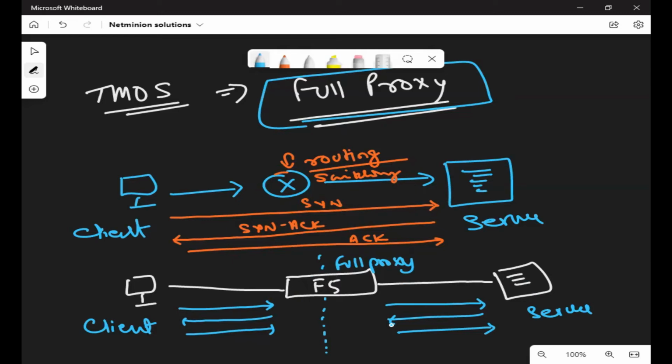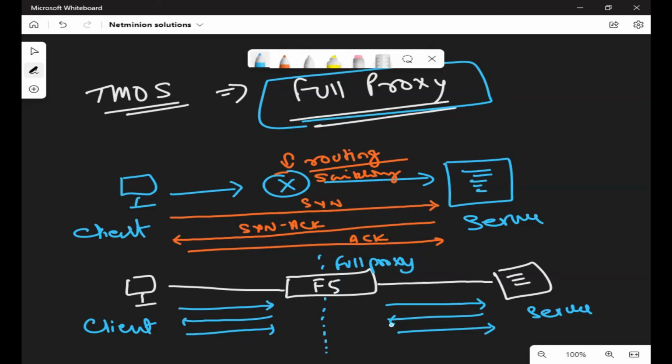So TMOS architecture is the Traffic Management Operating System, which is built upon Linux. Okay, F5 people created the TMOS architecture, and TMOS architecture by default is the full proxy. By default, I'm saying. Later on you will feel that sometimes it is not even full proxy, because we have the requirement for the same.